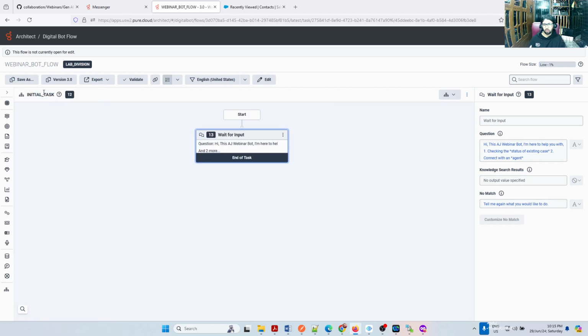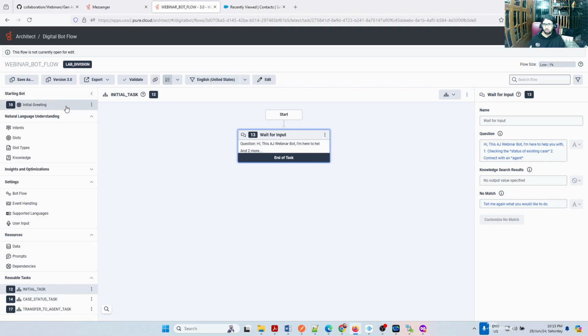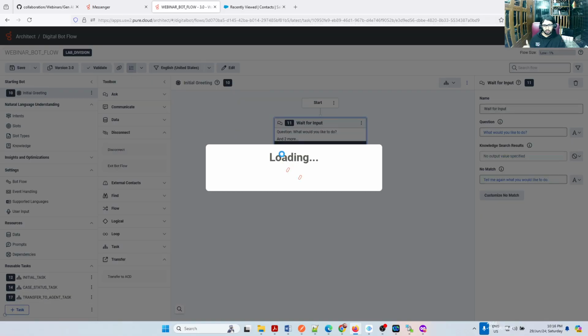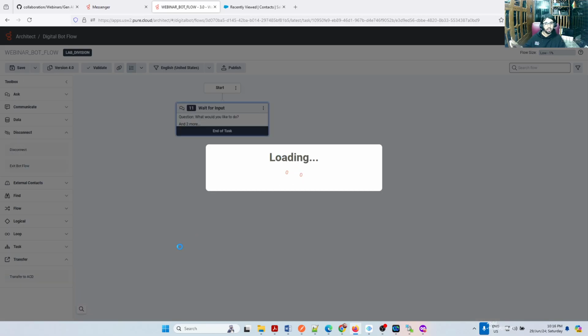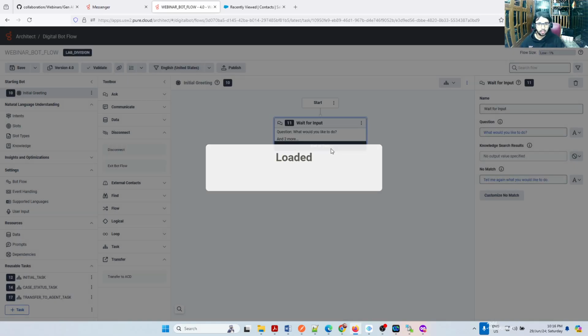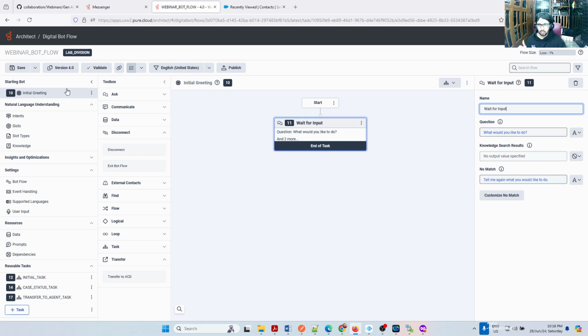Oh, I think we missed something. Let's go back and check the initial task. See, we didn't modify the initial task. I think I did something and did not save. It is reaching here, but I need to bridge, right? This initial task I don't want. What I need is, once it reaches the initial task, to go to the initial task which I created. So that's where it is coming in. Okay, this is not the initial task I am looking for.